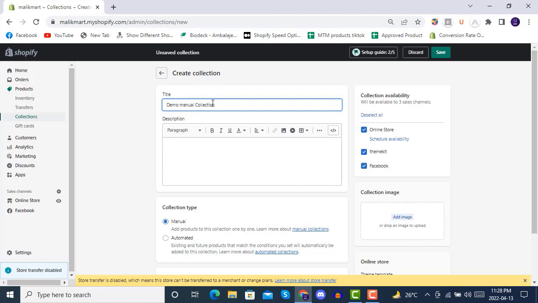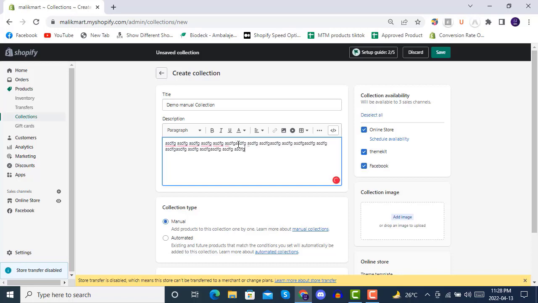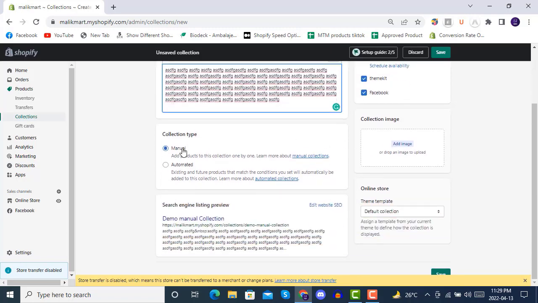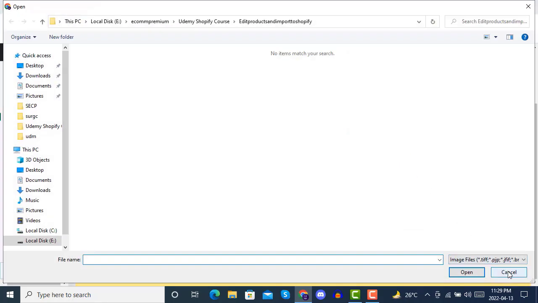Manual collection, and we will give some raw description. We are just putting some dummy data. So here from the very right side you have to select the sales channels on which you want to publish your products, and then we have selected manual option, and then in the image you can put image of your collection. So from here adding image,